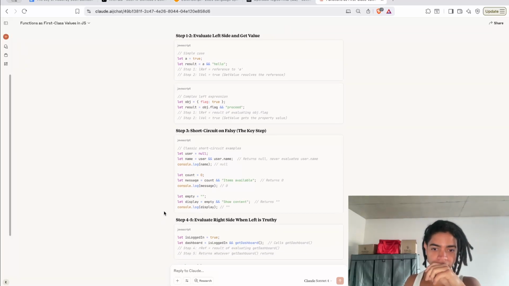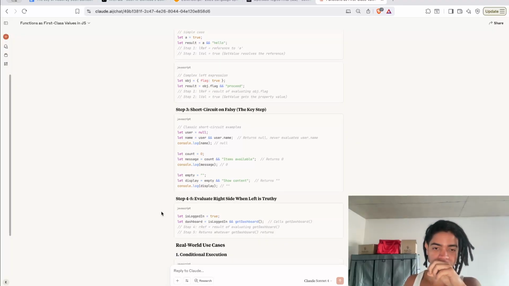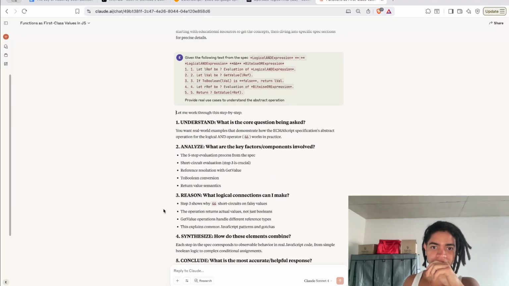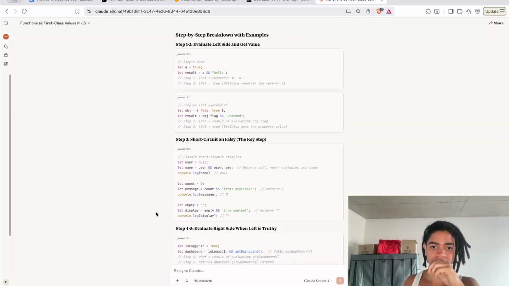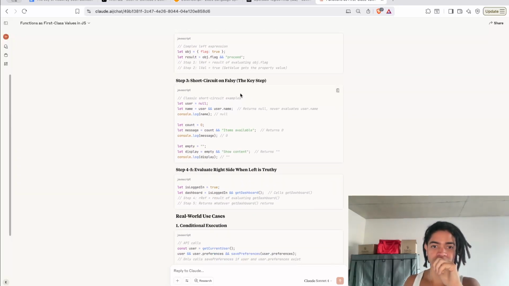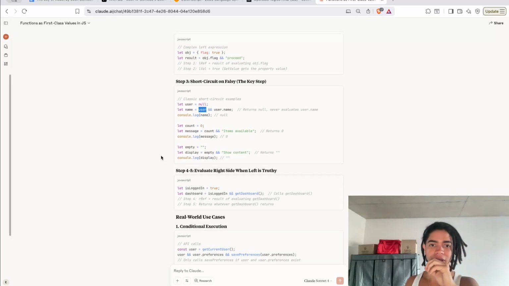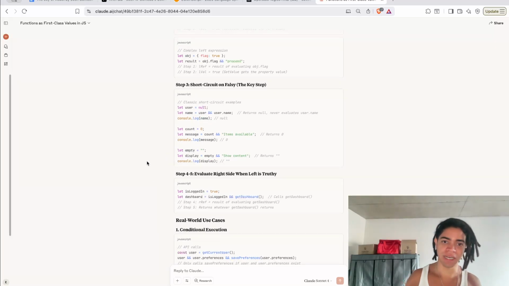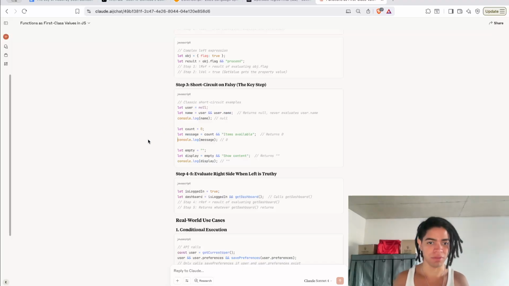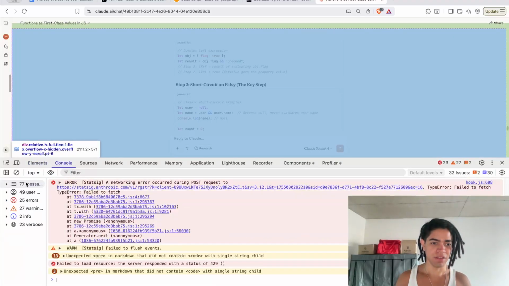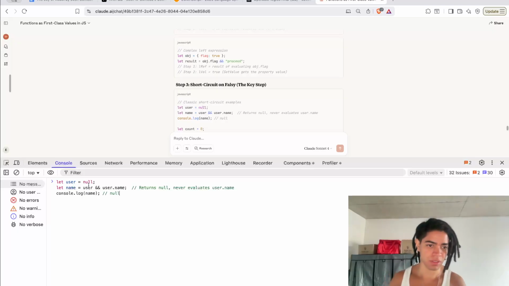If one of them is a falsy value, exactly, you're gonna return whatever is on the left. If I coerce this, if one of them now gives me a falsy value, okay, and a falsy value is like this. So for example, if one of them returns me a falsy value here, not only